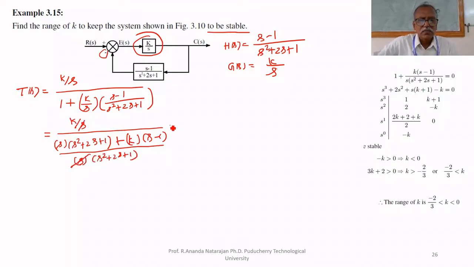This is getting cancelled. Therefore, k(s² + 2s + 1) upon s³ + 2s² + s + ks - k,